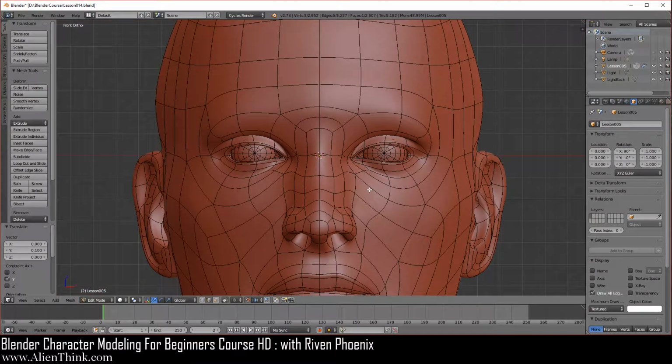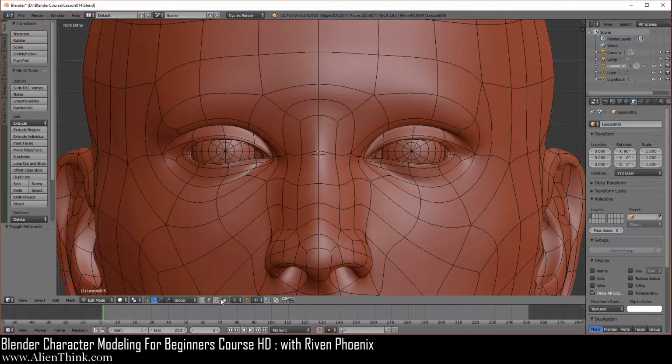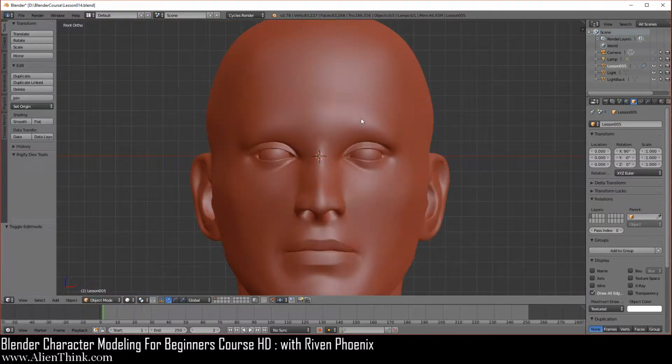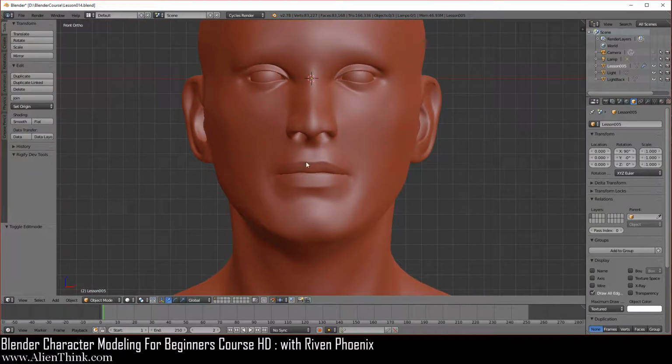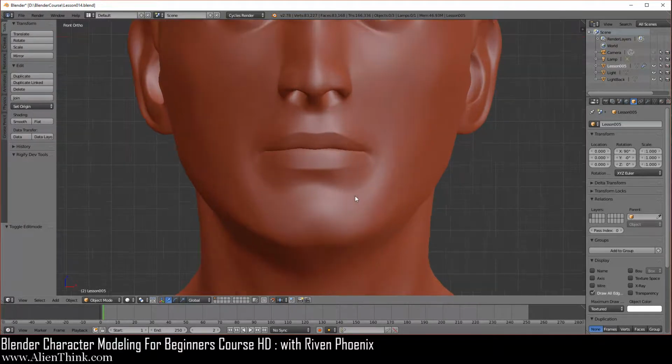Now if you've been following along exactly, if you do tab, you should get this shadow over here. And I'm just going to do tab, click on the face select mode, click on this one, and just bring this down in the smaller grid units. 1, 2, 3, and then 4. Okay, and now everything is correctly done over here. So what we need to do is now go inside the mouth and close the area of the lips.